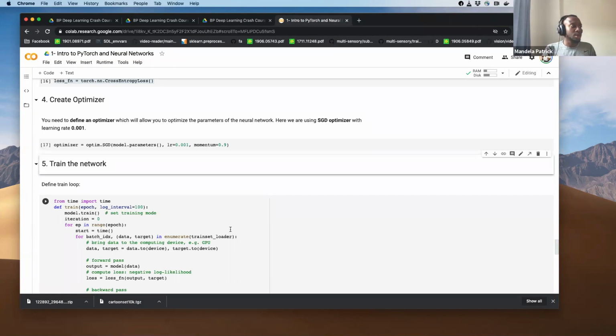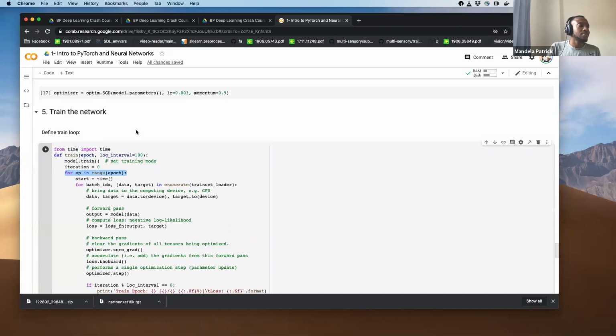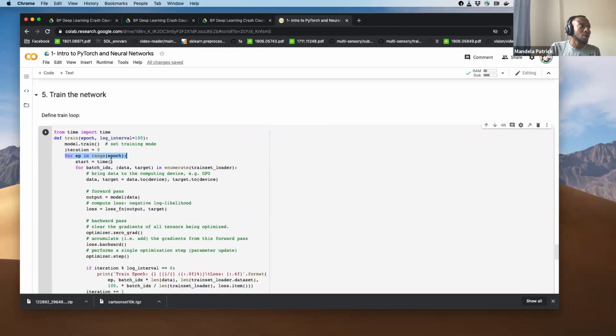And then all we need to do is what we call train the neural network. To train a neural network, we put the model in train mode, and then we define how many epochs we want to go over the data. An epoch basically defines one loop through the entire data. For example, if you're doing a homework problem, you probably want to see it a couple of times to fully understand it. Similarly, the neural network wants to go through the data multiple times to fully understand it. So here we define the number of epochs that we want to train the model on.